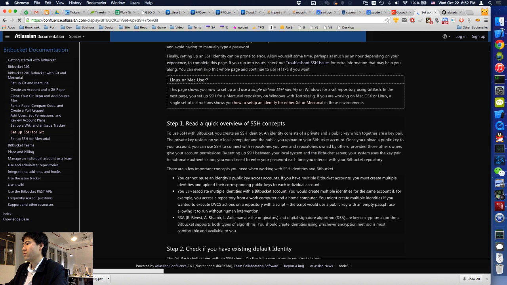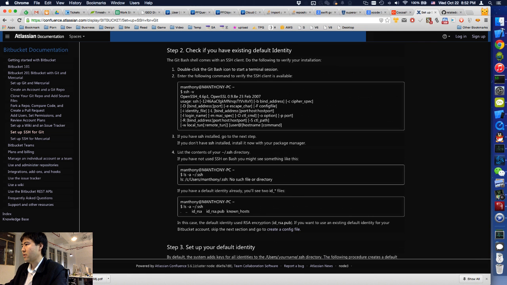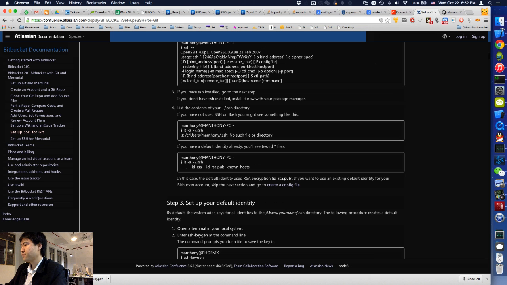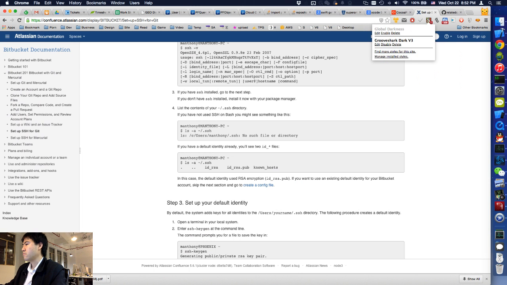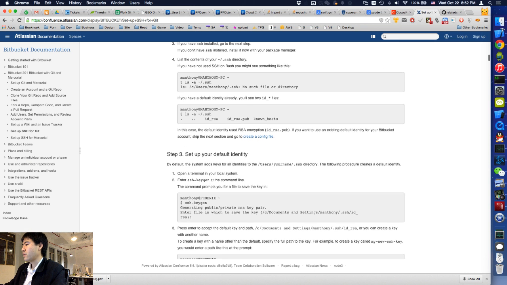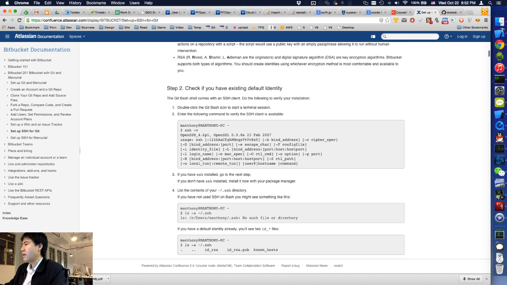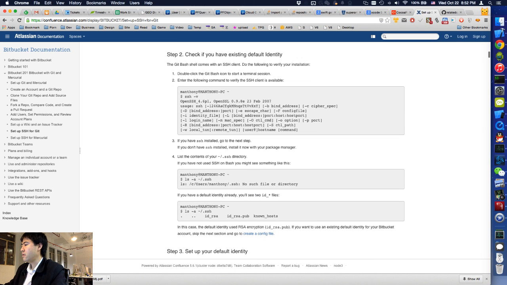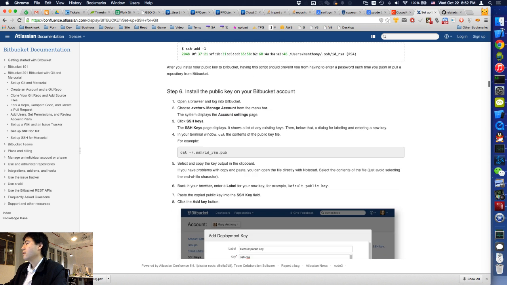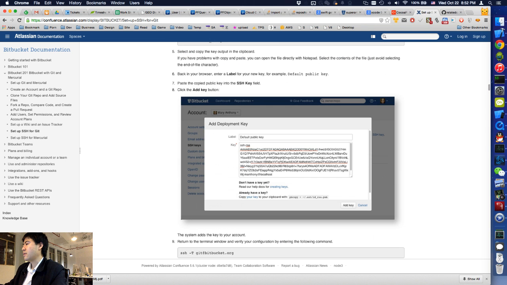You need to do some terminal work, but it's not that hard. Just follow these commands. You can see, just enter ssh -v and follow this guide, and generate something, and then